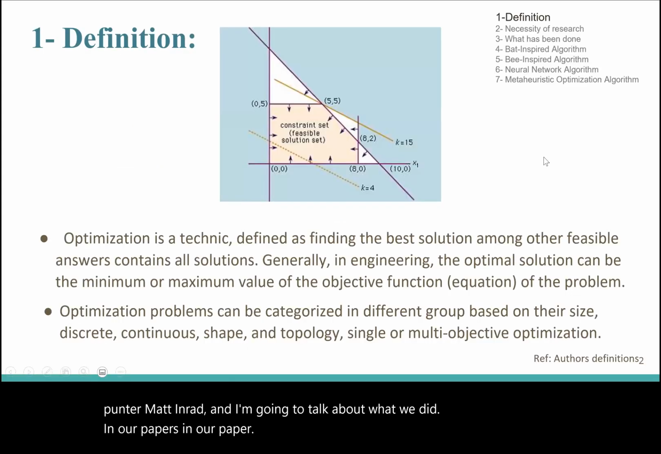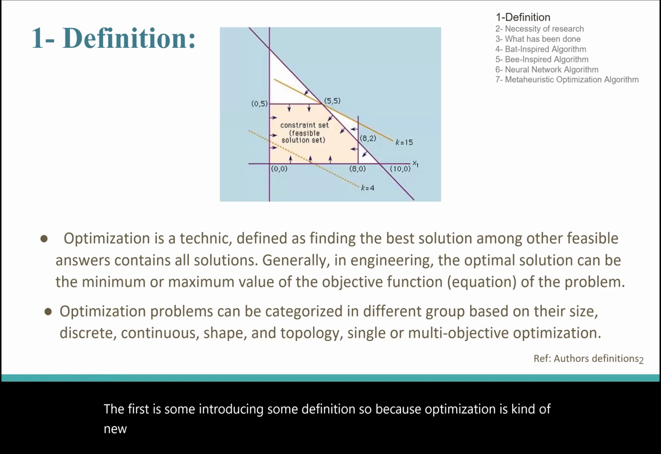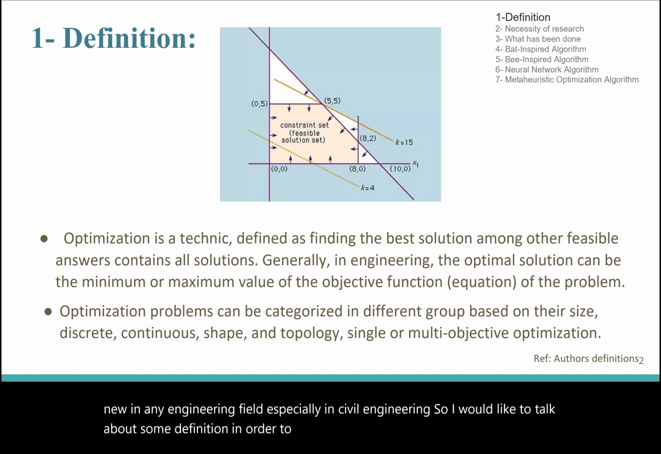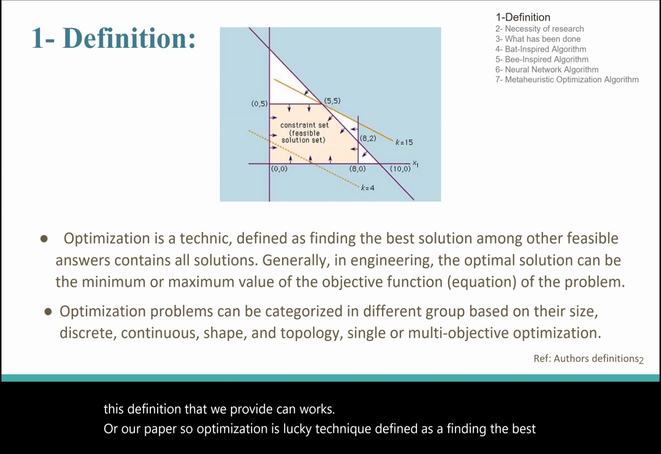The first part is introducing some definitions. Because optimization is kind of new in any engineering field, especially in civil engineering, I would like to talk about some definitions in order to be on the same page with our readers. There are different definitions for optimization, but I believe this definition can work for our paper. Optimization is a technique defined as finding the best solution among other feasible answers,